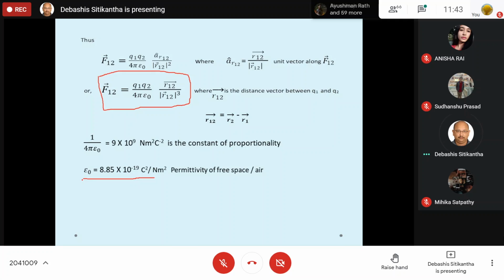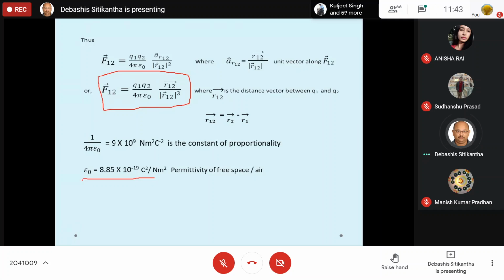Ability to store charge, electric field. No, no, no. It is not the ability to store charge. It is known as capacitance. Capacitance is the ability to store charge. Sir, that is the ability to store electrical energy. No, that is also capacitance. The ability to store electrical energy in an electric field between two conductors separated by an insulating medium is known as capacitance. So that is a different issue.